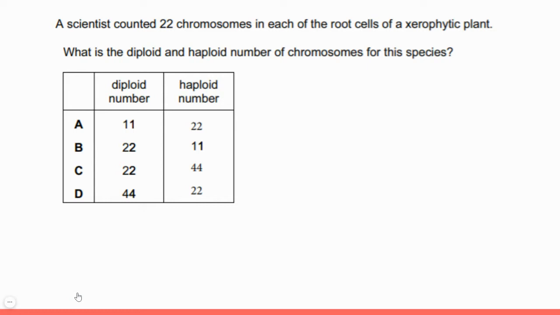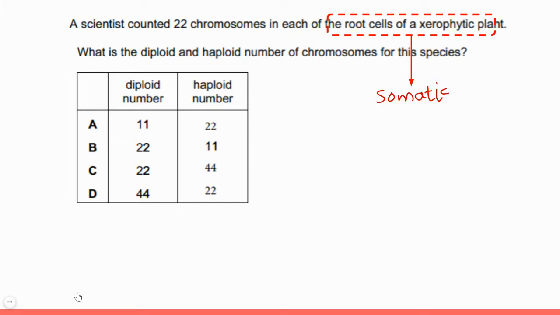So this question is basically assessing your understanding of the concept of diploid and haploid number of chromosomes. In our previous module, when we discussed differences between mitosis and meiosis, or when we went through the whole cell cycle and cytokinesis stages, we came across these two terms, diploid and haploid. Another thing being tested here is, can you identify what a somatic and gametic cell is?